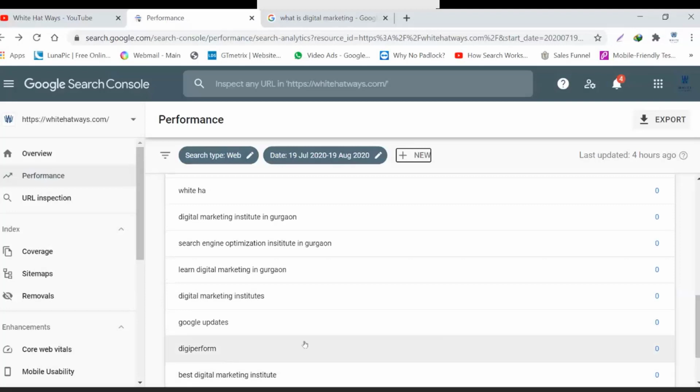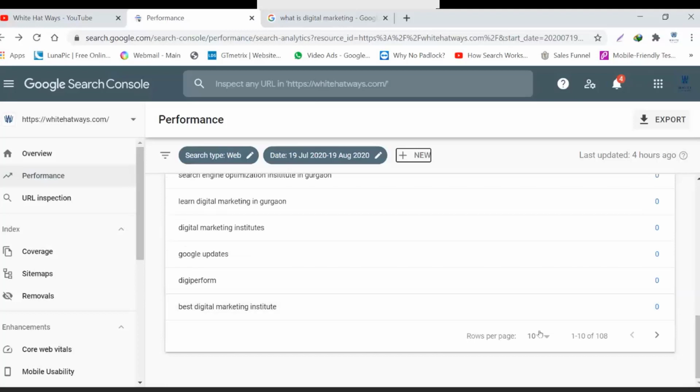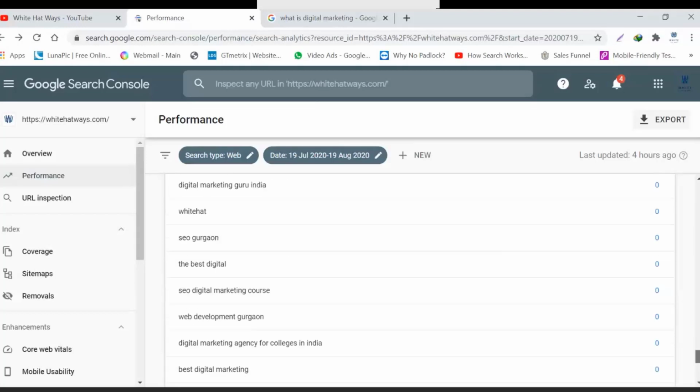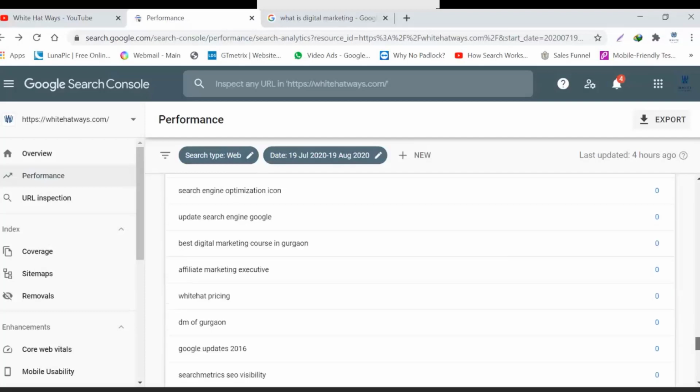If you remember, I have two kinds of queries over here. One is DigiPerform, that is appearing over here, and there was a Digital Vidya query also. So I can compare both the terms and see their data.